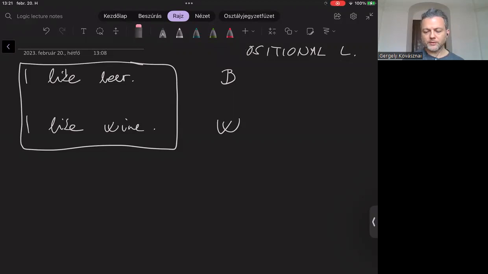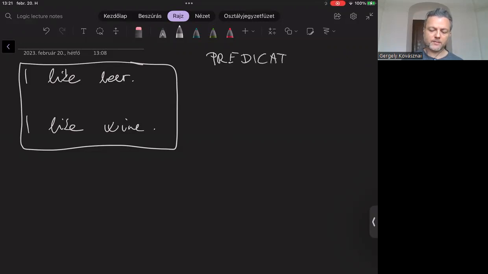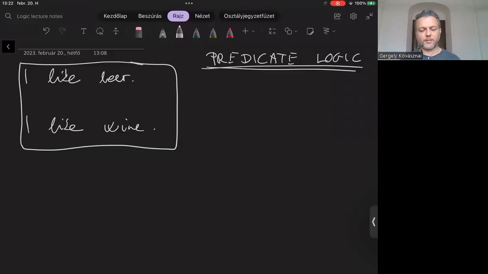Now let's see, what can you do in predicate logic? What is different in predicate logic? Well, in predicate logic, you can nicely express the connection, the relation between your statements. Like here, both statements are about me liking something, beer or wine or something else. So basically, those statements are really similar, and to express this relationship between those statements, you can add parameters to